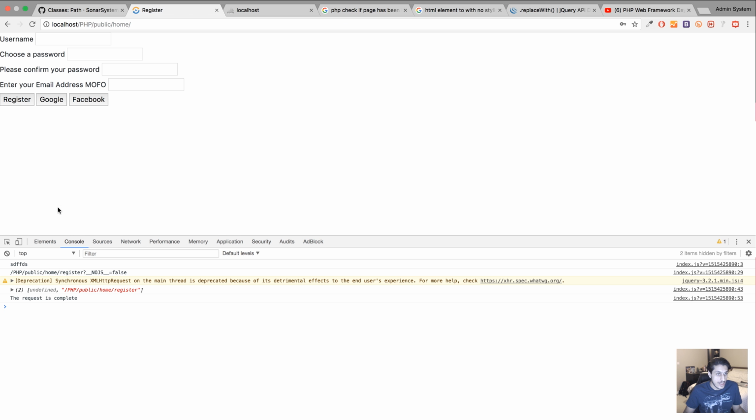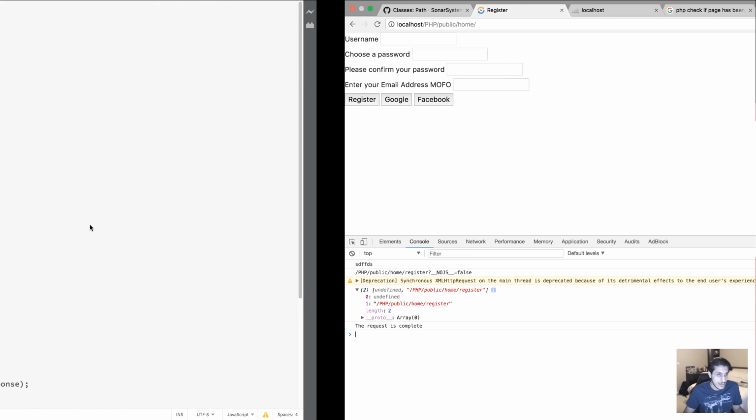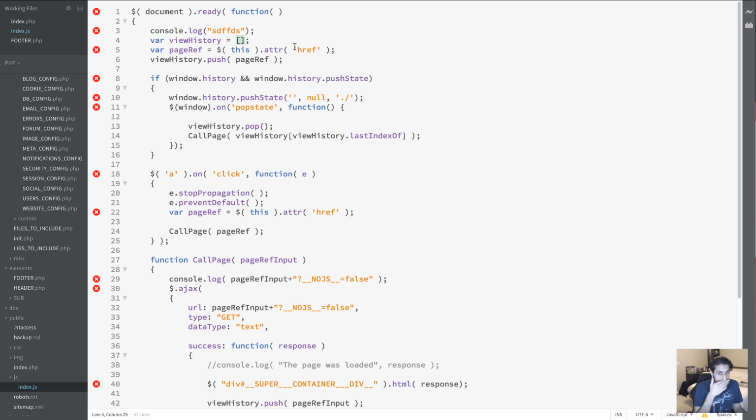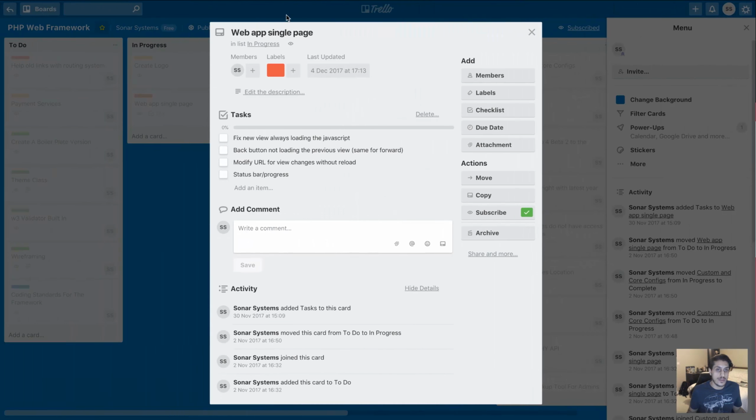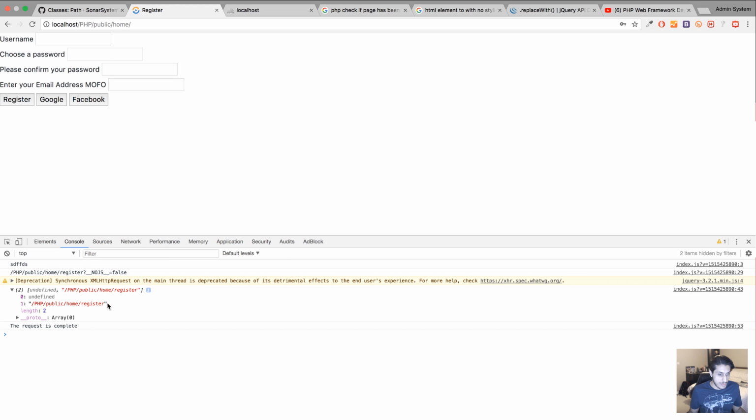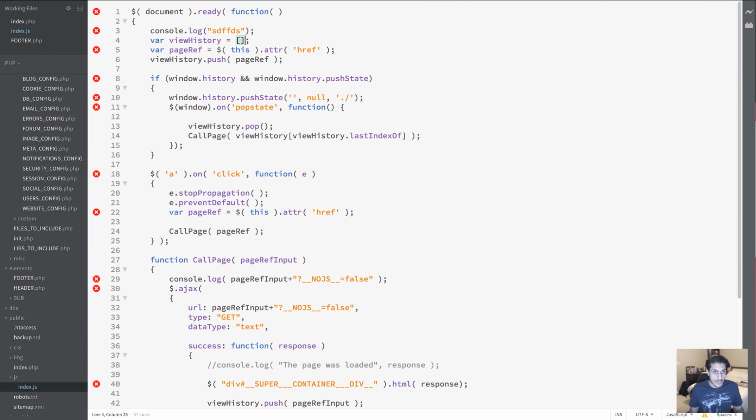Click register. By default, it needs to have something. So by default, if for example I just explicitly put literally the home address,